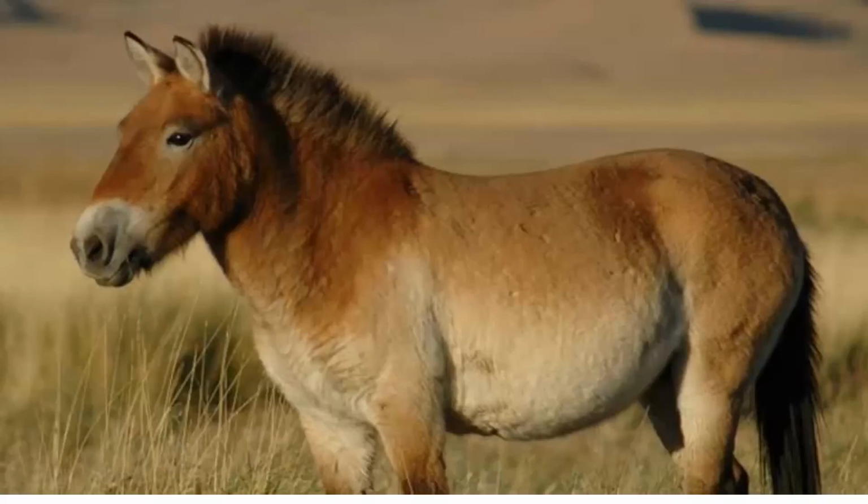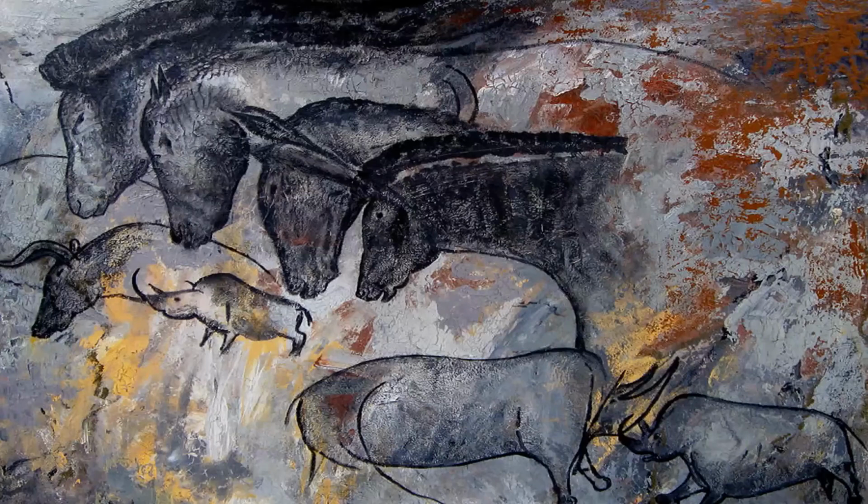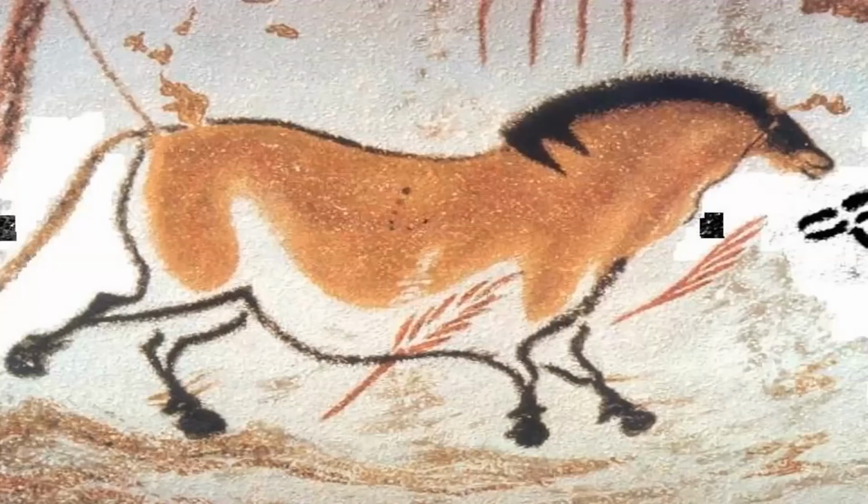And the Przewalski's horse, you might recognize this horse, what it looks like, because early on, these horses were painted on the walls in the caves of Western Europe. And we're talking about, again, 15,000 years ago. At this time, of course, the horses are not domesticated. They're being hunted like wild animals. So just little things you may not have thought of, that of a wild horse at this time during the Paleolithic, during Neanderthal and after for the Cro-Magnons and early humans when they come into Europe from Africa,